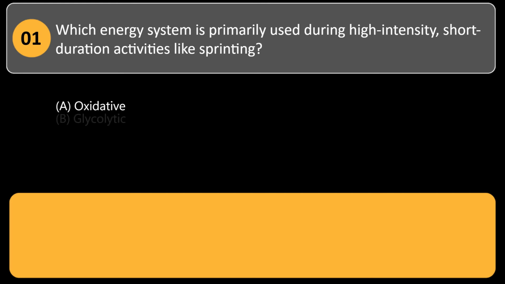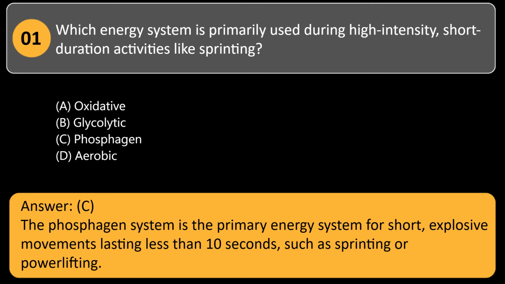Which energy system is primarily used during high-intensity, short-duration activities like sprinting? A. Oxidative. B. Glycolytic. C. Phosphagen. D. Aerobic. Answer: C. The phosphagen system is the primary energy system for short, explosive movements lasting less than 10 seconds, such as sprinting